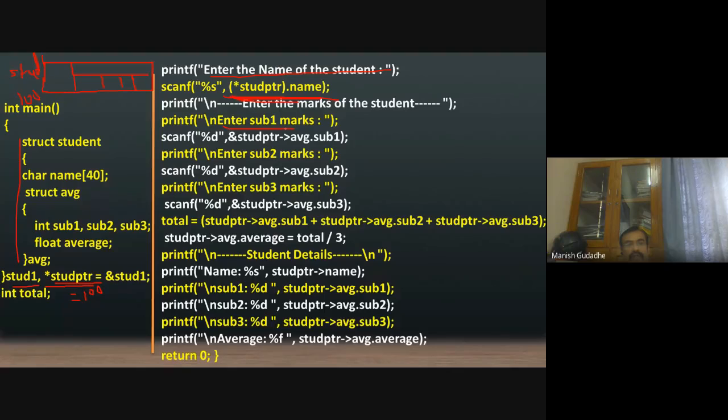While entering the subject marks, I am using the second convention, where I make use of the arrow. You can clearly see the difference: here it is not put in brackets, and here it is put in brackets. This way, with the arrow operator, we can initialize all the subjects, we can add all of them, and finally we find the value of the sum.